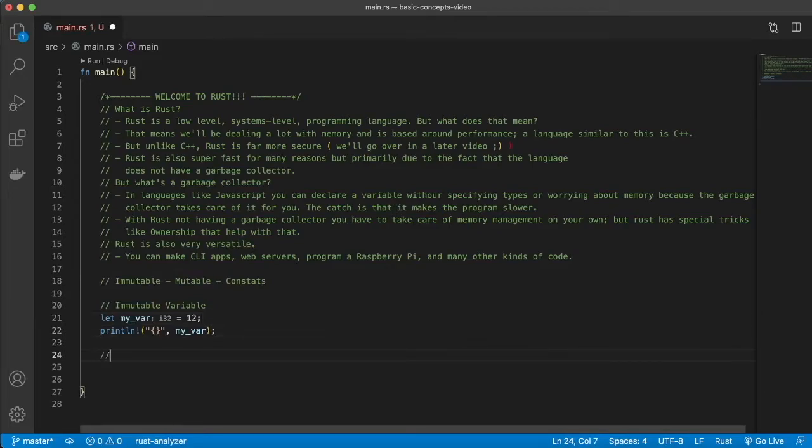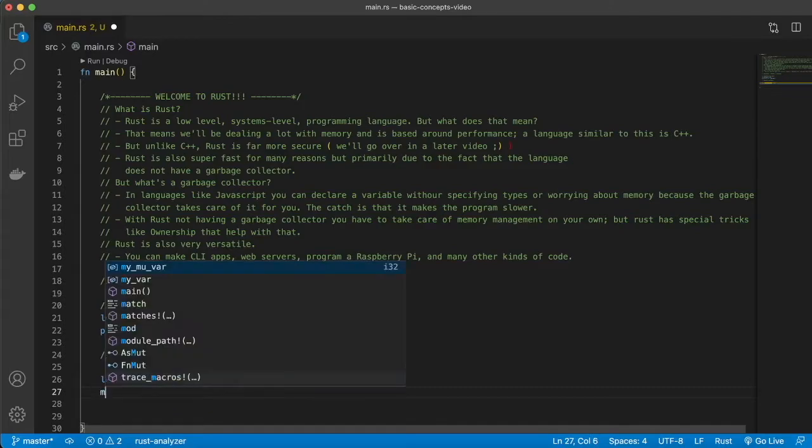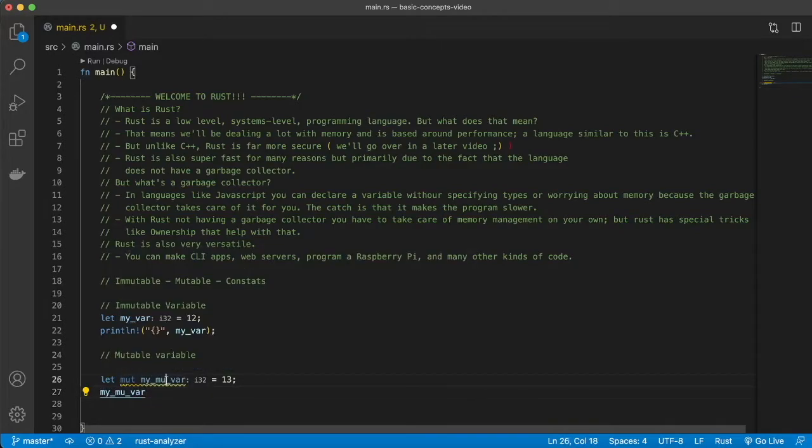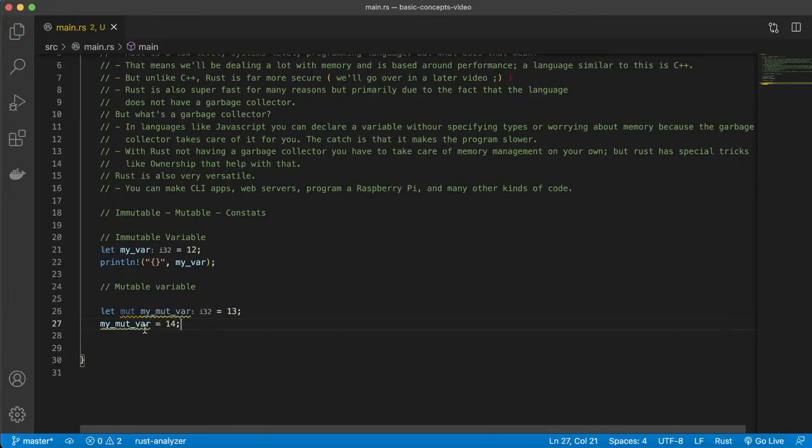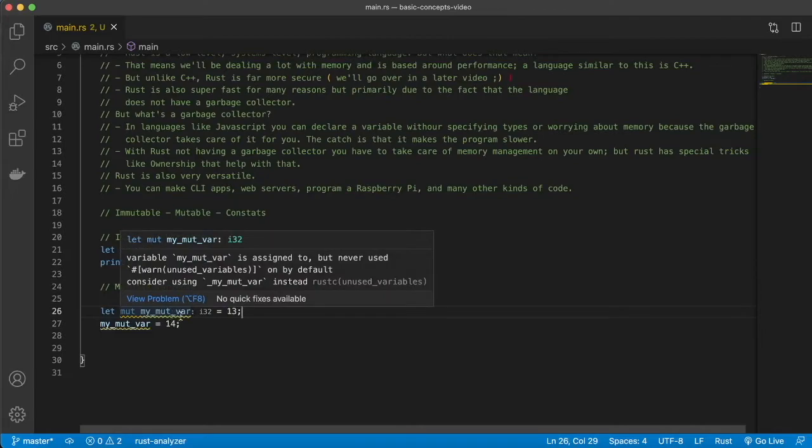But let's look at a mutable variable, otherwise a changeable variable. Alright, so how do we declare a mutable variable? So same way, we'll say let my_mut_var equals, we'll say 13. So right now this is immutable. We can't change this. So in order to change it, we need to add the mut keyword. Now it is changeable. So if we say mut_var equals 14, if we save that, we'll see no error. We see this yellow squiggly, just meaning we haven't used this variable yet. So if we just go here,